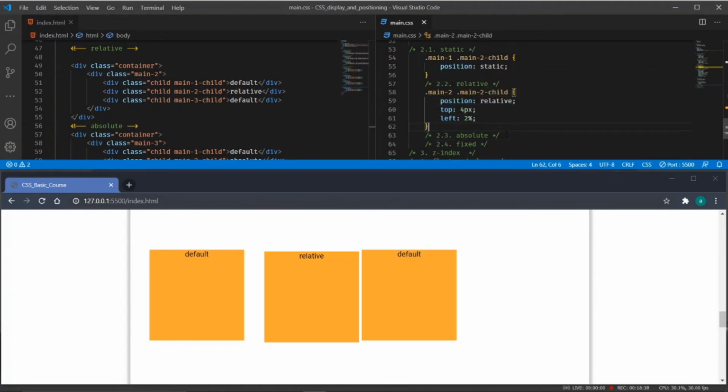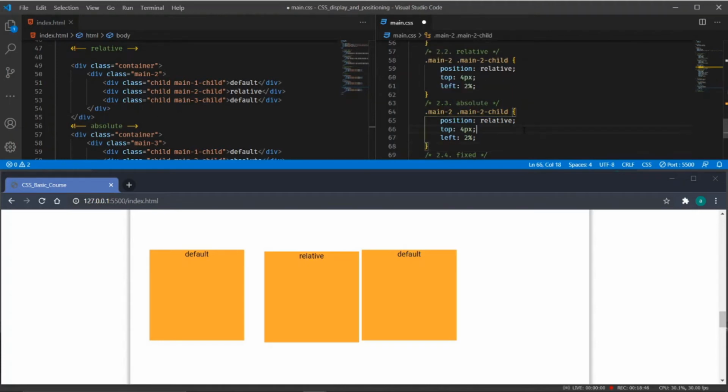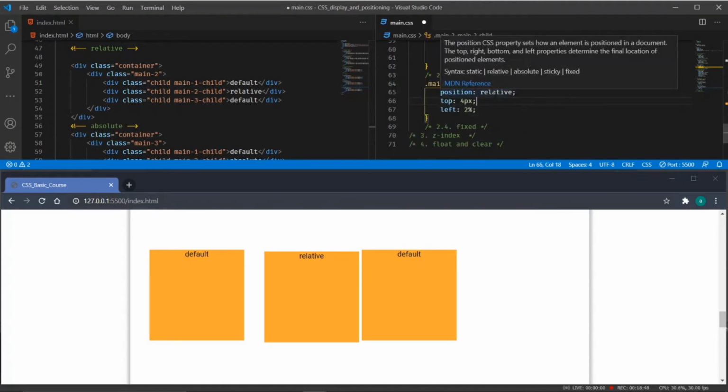Similarly, we can position using absolute also, but there is a major difference between relative and absolute. In absolute we can select the parent, the target with which we want to relate or position it.